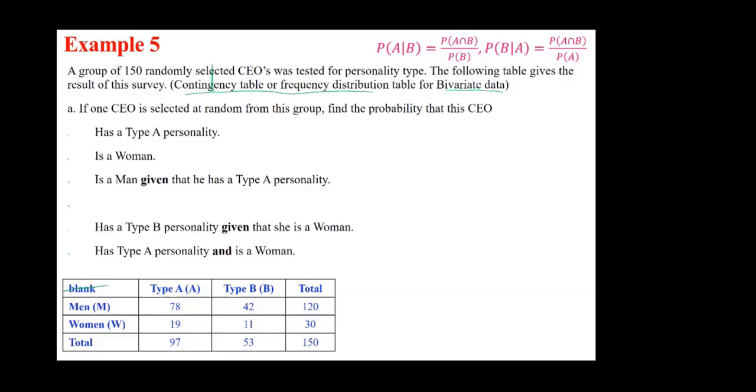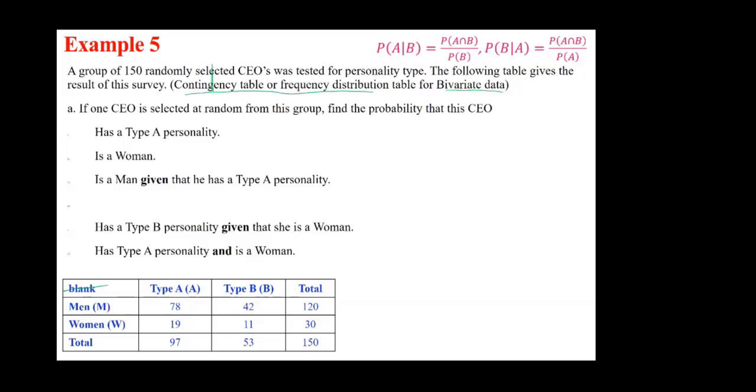Now, it is important to look at the very first and the second and notice it's a marginal probability. It's a simple probability. What is the probability for the first one? Notice what I did. I put A for type A, B for type B, M for men, W for women, to make life easier when we do probability. So the first one is asking for the probability of